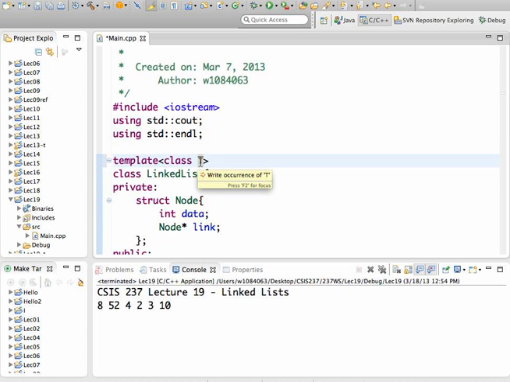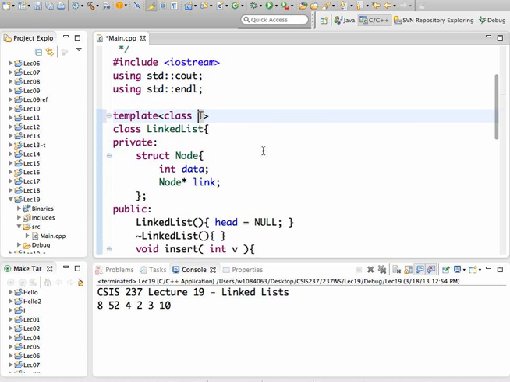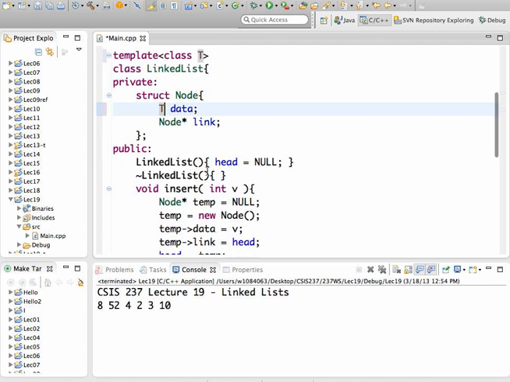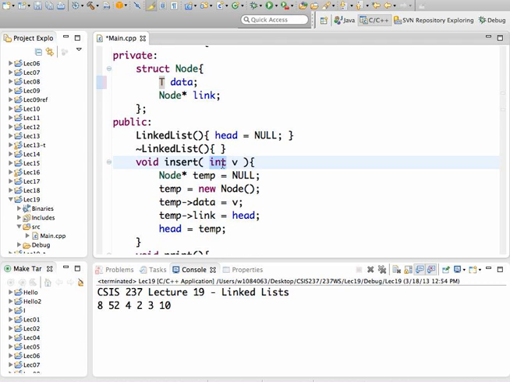And you can specify at compile time what kind of thing you're storing. So instead of just ints, you can say T here. Wherever you see an int, for example, put in a T,